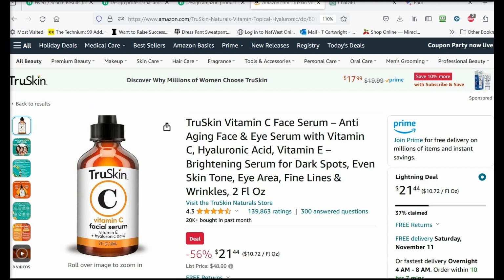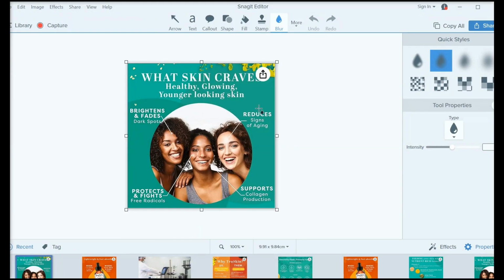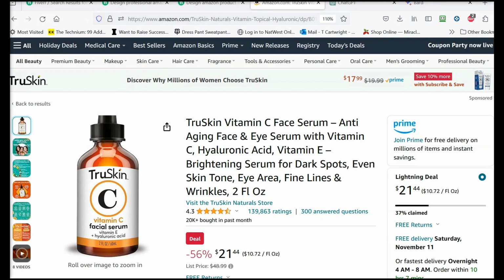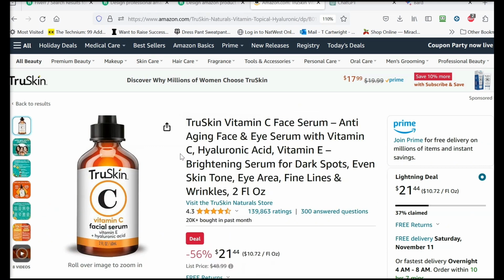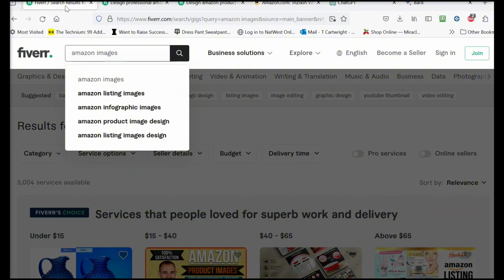And then I'll move this over here so you can see it right quick. Once it saves it to my computer, it just looks like that. And then I wind up changing the words as necessary. So once I've found a couple of great images that I like here on Amazon, people that are really doing well that I want to model, swipe and deploy, I jump over to my old favorite Fiverr and Amazon Images,